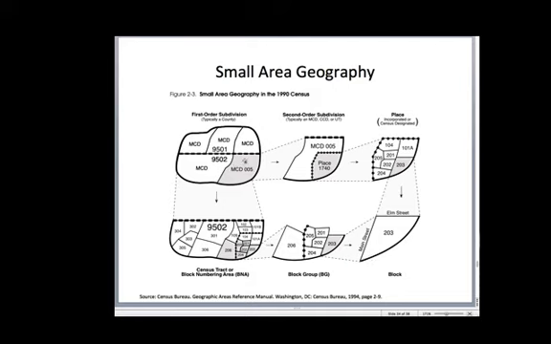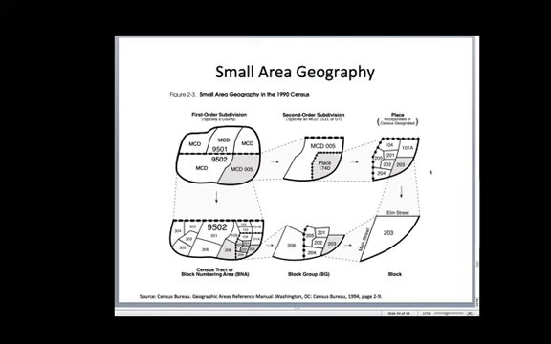There also can be, under a minor civil division, a place that's identified within that minor civil division, which itself might be composed of a series of blocks, and then, as we showed before, one of those blocks is represented down here. So this again is just a way in which the smaller areas are defined by the census, and this is useful because data for places can be tied